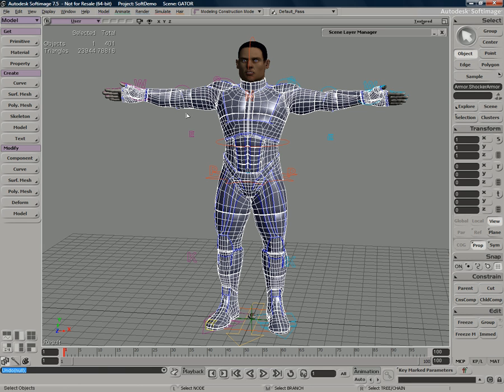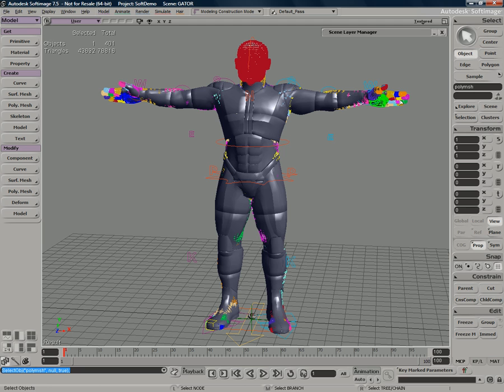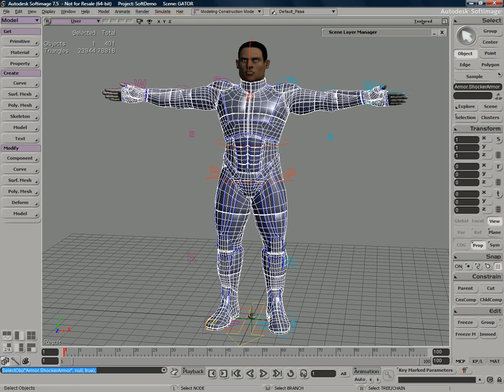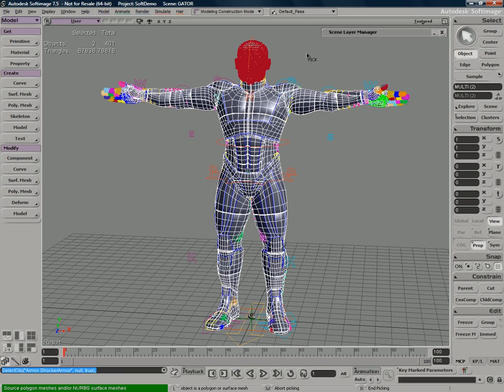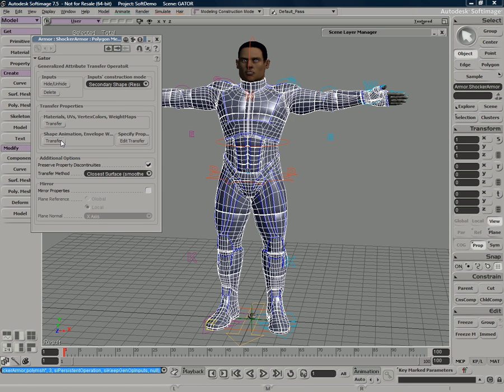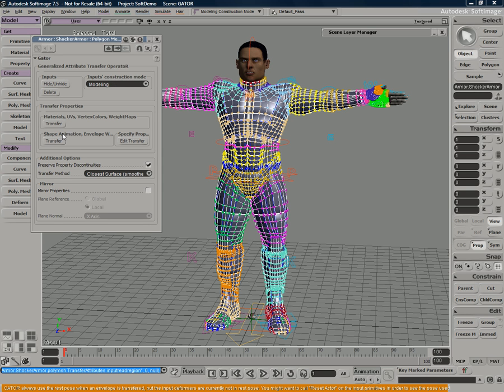And I want to lift the envelope from the skin underneath. So I can do that perfectly fine. Watch this. Select the geometry, Property, Gator, select our hero, right click, and again I want to transfer the envelope weights. So even though the character is very different, I can still use the underlying envelope from the skin that's underneath the armor, propagate that upwards and project it outwards onto our armor, and look, everything is now nicely enveloped to our character. Here we don't want to press delete because that'll delete the actual skin underneath.